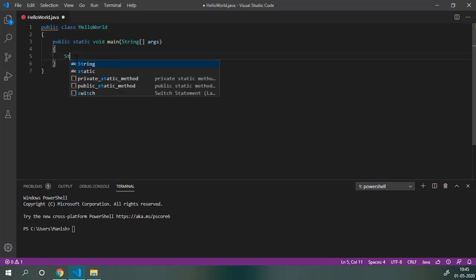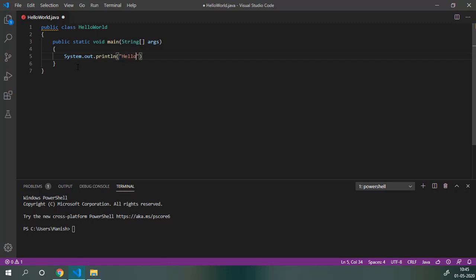Inside the System package there is a class out, and inside this class there is a static function println. Inside this method I will provide the Hello World string as an input, semicolon, and this method will print this Hello World on the command line.